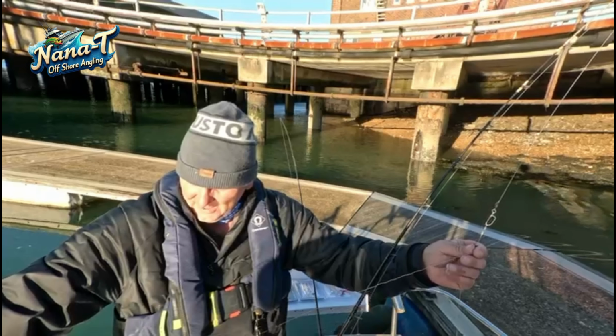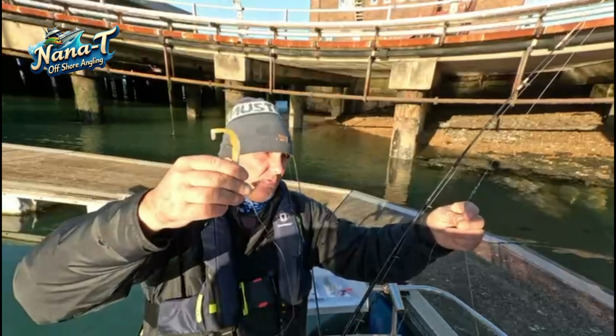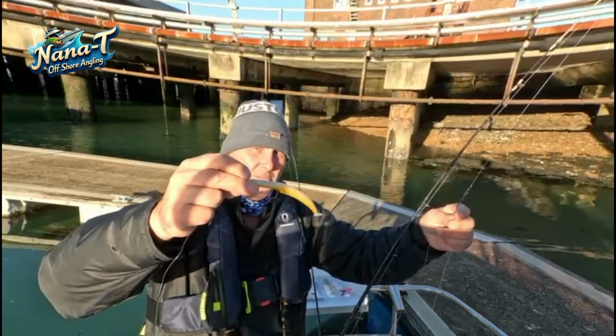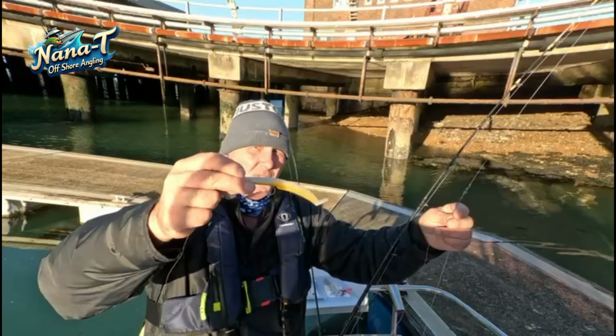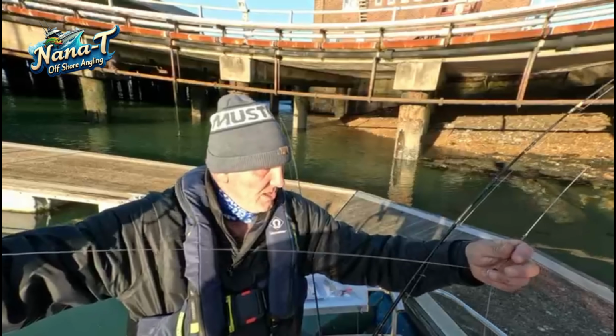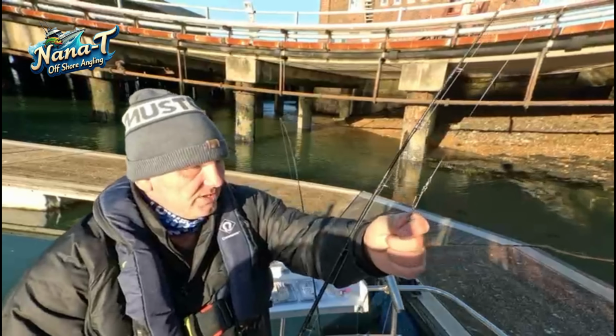But that's the trace. I've got about 5 foot of fluorocarbon on there, attached to a sidewinder bloodhead or something. There's loads of different types available. You just got to find the best one, what suits you best. But that's that. And the rod is an